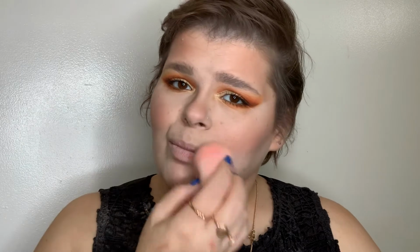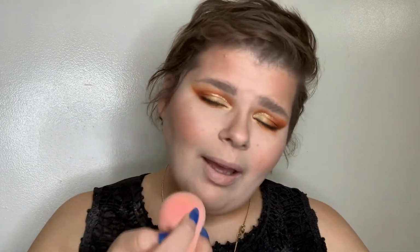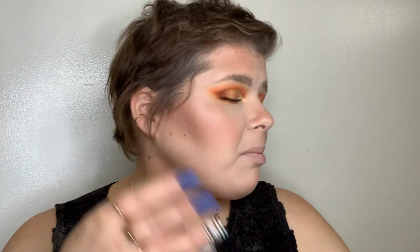So, the lips. One of the reasons why I picked this look is because I felt like it's kind of rare that you find an eye look and a lip look together that feels a little bit more daring. I just tapped my sponge over my mouth again to cover up the skin to lip kind of edge. I'm also sorry that I took my bake off camera, so you missed the grand reveal moment,